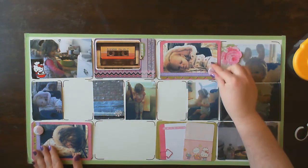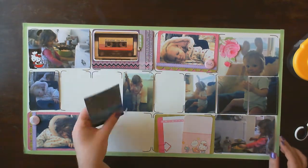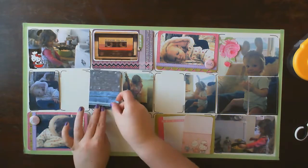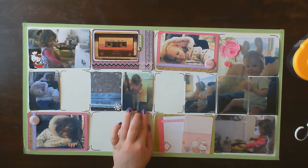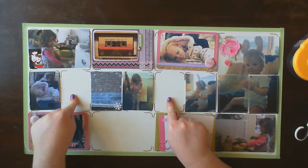So put this one here and this one here. Now what's left to do now is filling out this embellishment cluster on here. So I know I want to do this. Now so this one is in here. Now I want to do some journaling on this card, some journaling on this card. These cards are fine. Now if I'm looking at this, I want some purple here and some green here, and